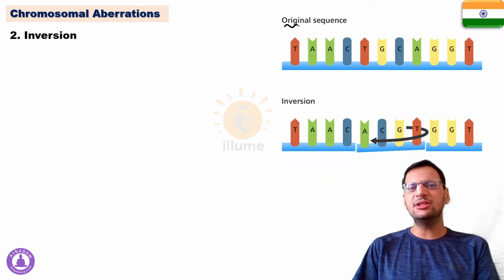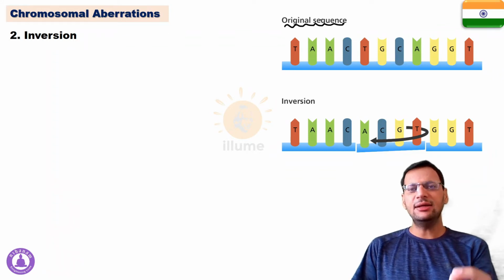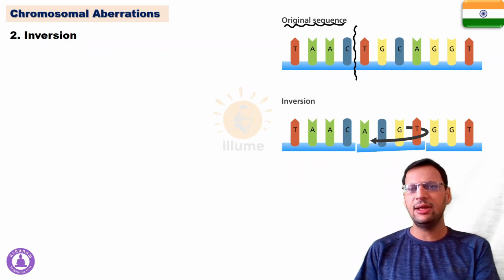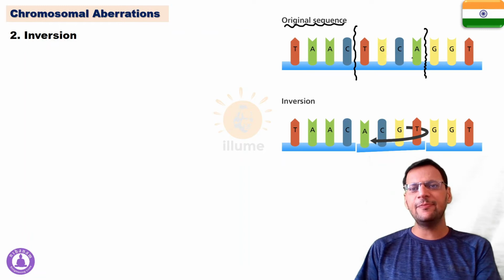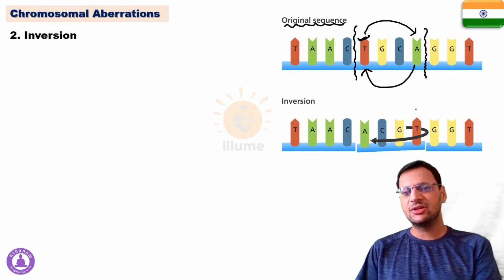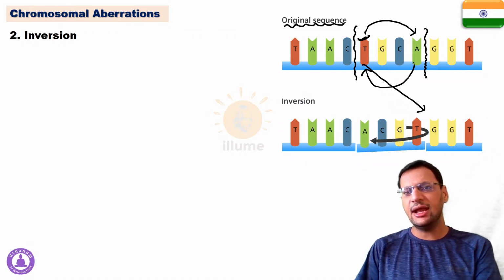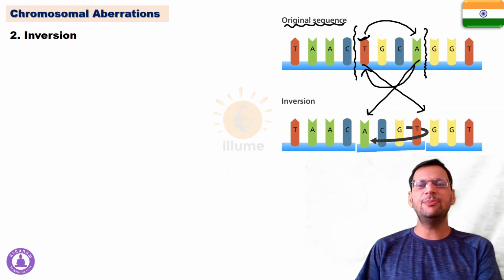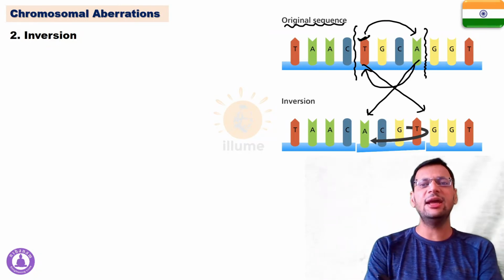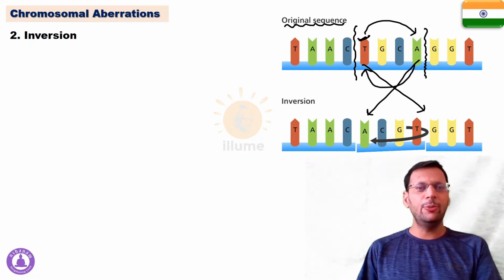Let's say this is the original sequence of DNA, and in this chromosome, what has happened? This chromosome got split at this point and at this point. After splitting, it inverted and reunited. The T which was present here has reunited after getting inverted. See, this T has come over here and this A has come over here. That simply means splitting of the chromosome and getting reunited after getting inverted, but in the same chromosome. So I hope you got my point.